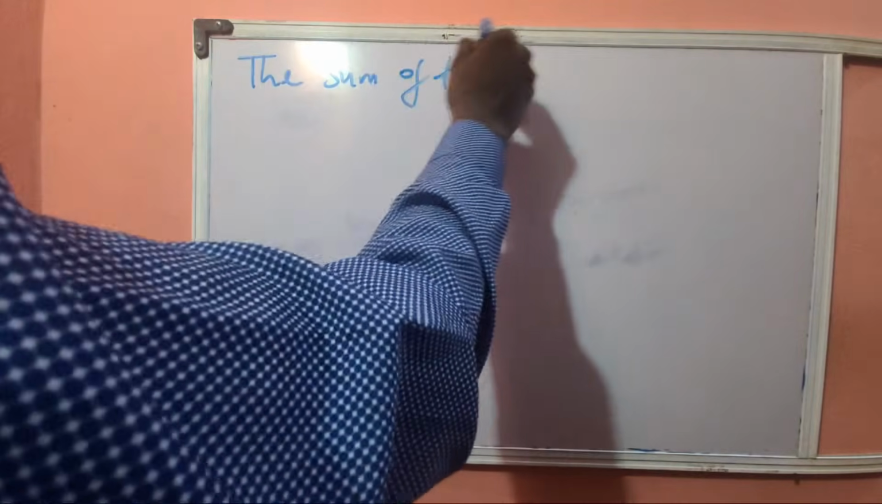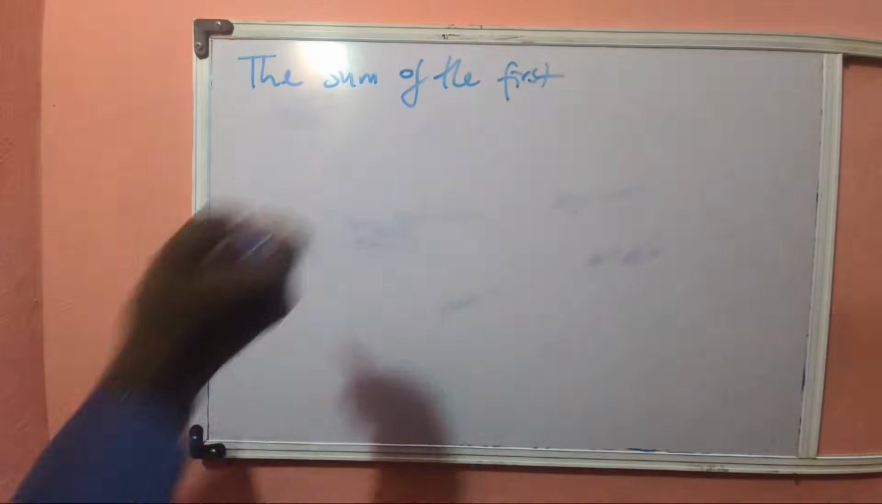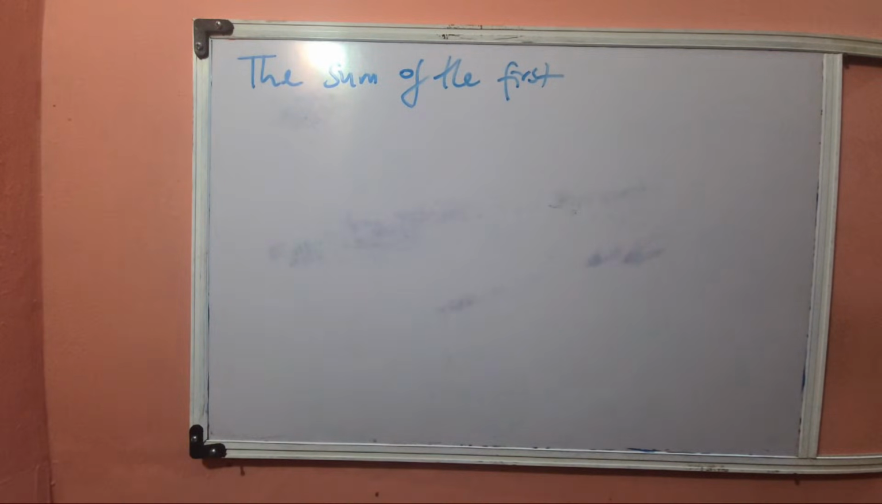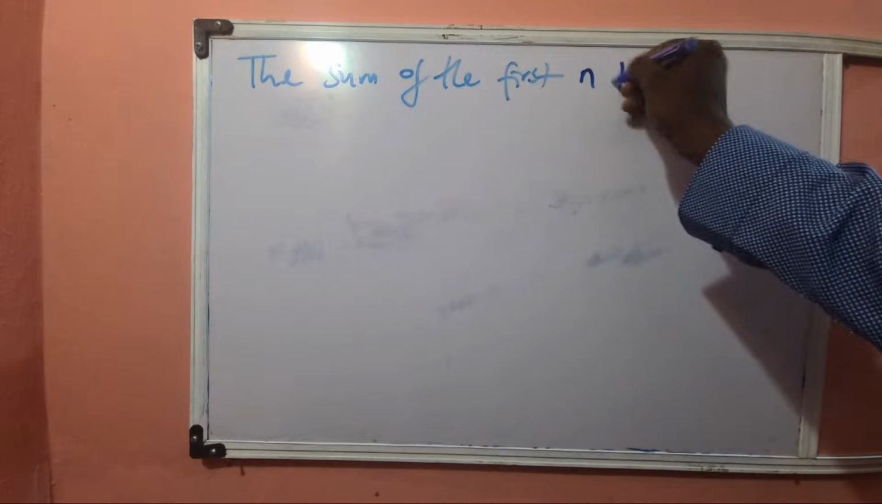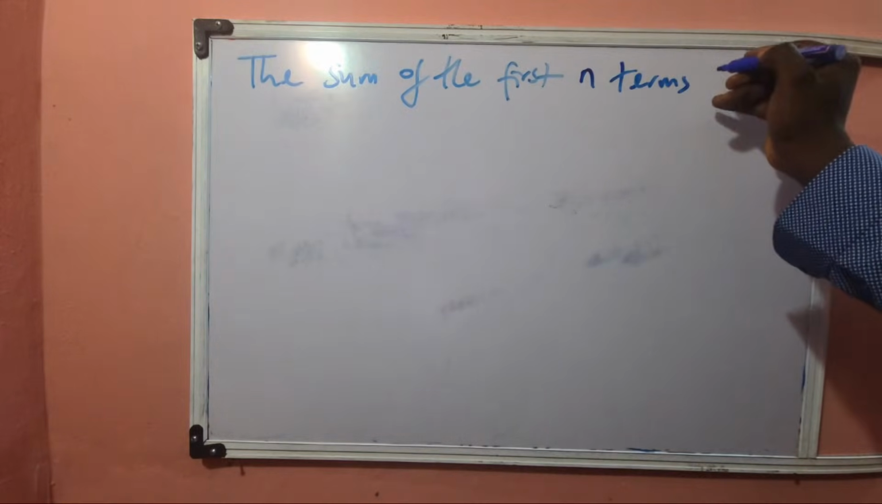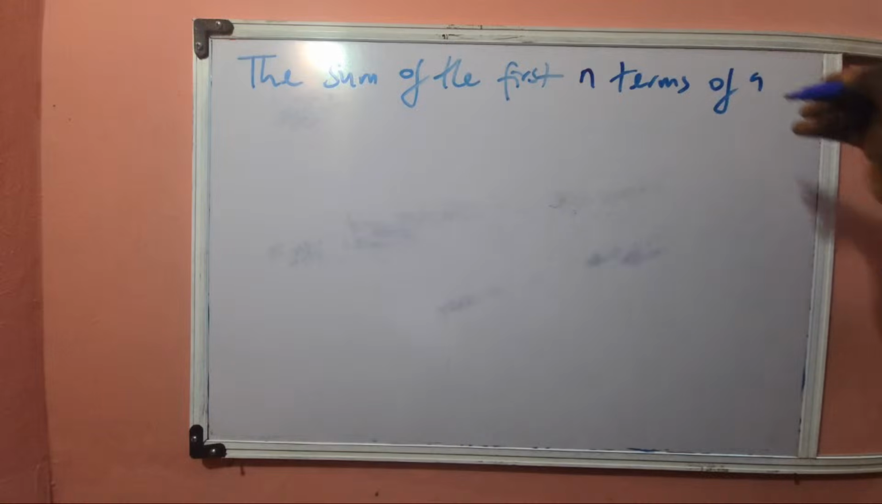The sum of the first n terms of a geometric series